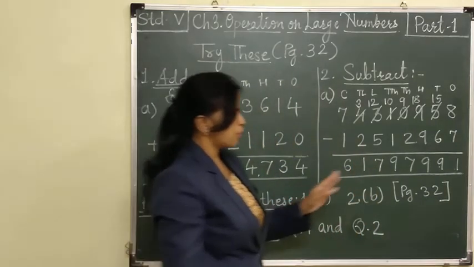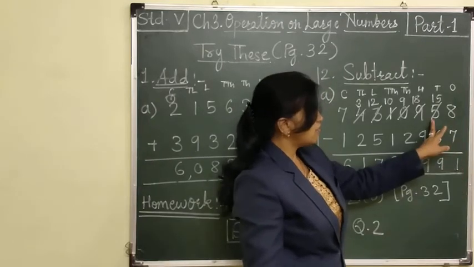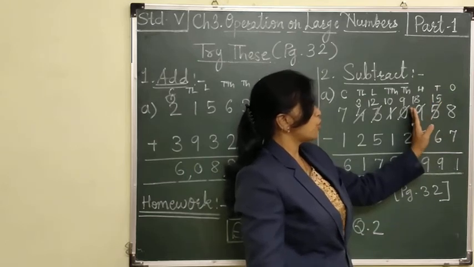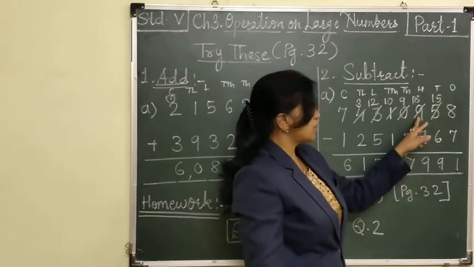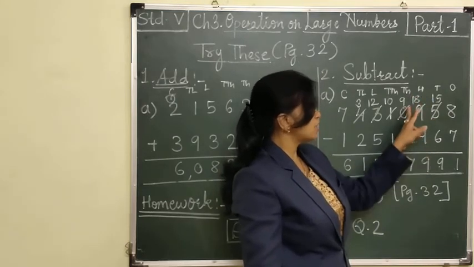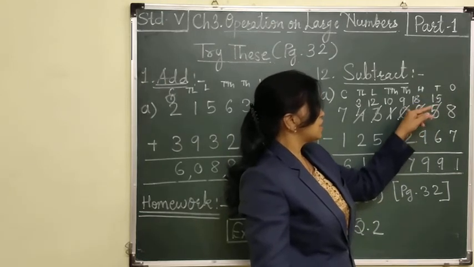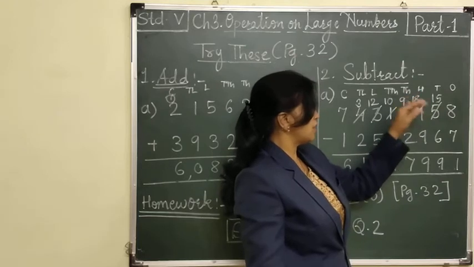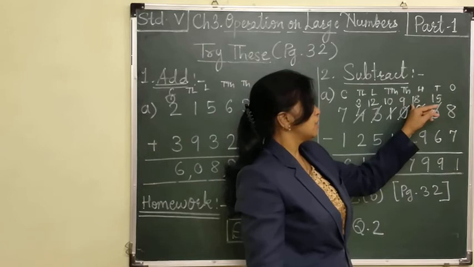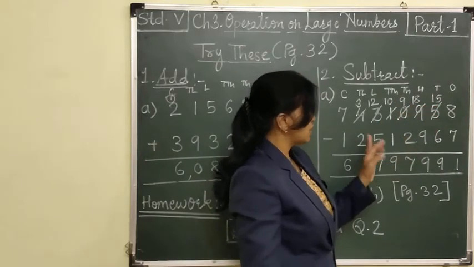Try to understand it properly. From 8 we can subtract 7, so 8 minus 7 is 1. From 5 we cannot subtract 6, so 5 will become 15, because we have borrowed 1 from this 9. So 9 will become less by 1, it will become 8. But from 8 we cannot subtract 9, so again we have to borrow from this 0. So 0 will become 9, and here 9 before 8 becomes 18. So 9 minus 2, we have done 7.